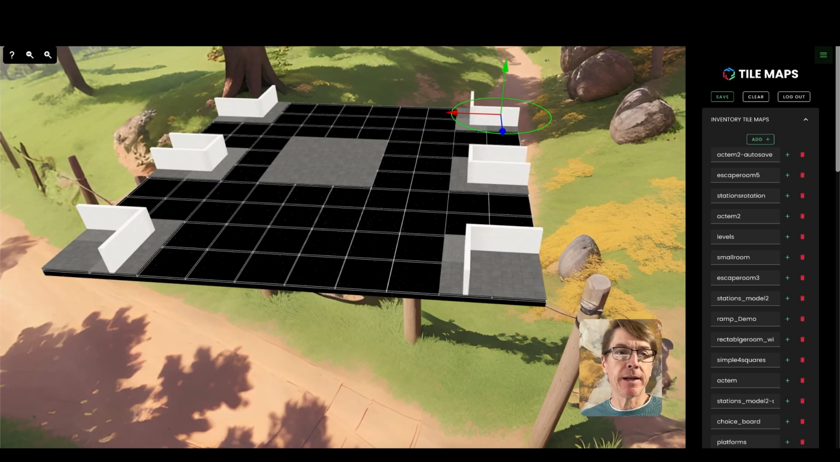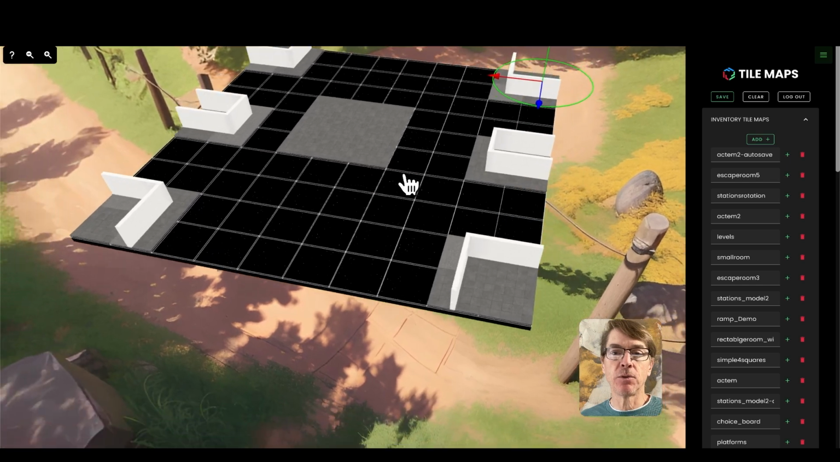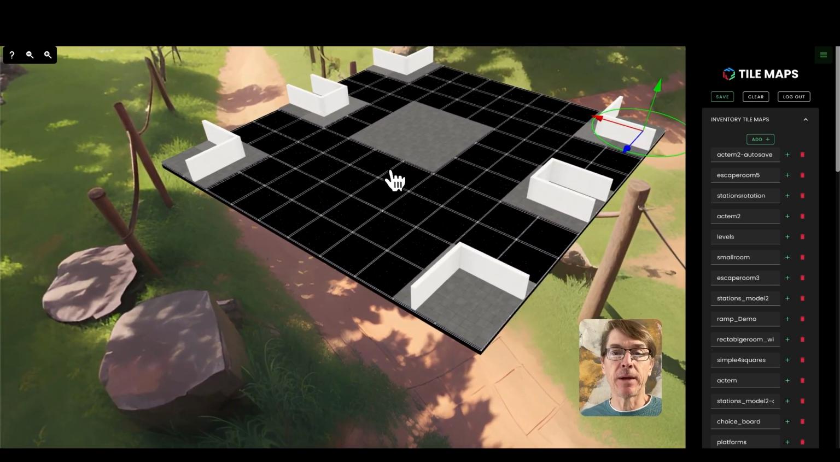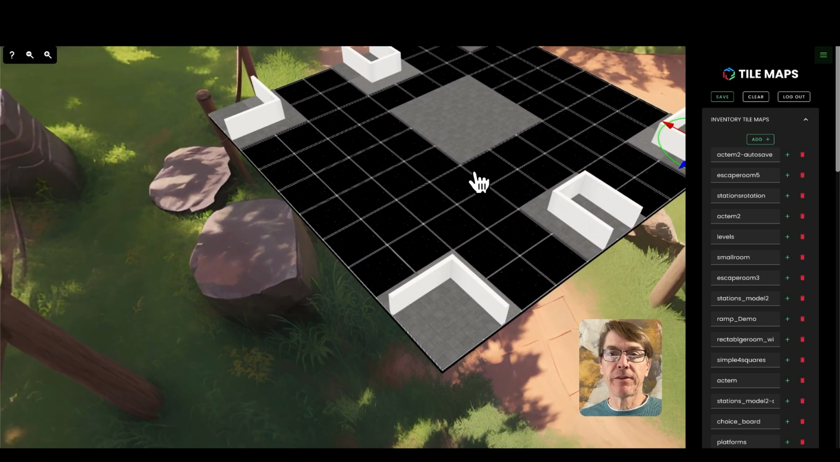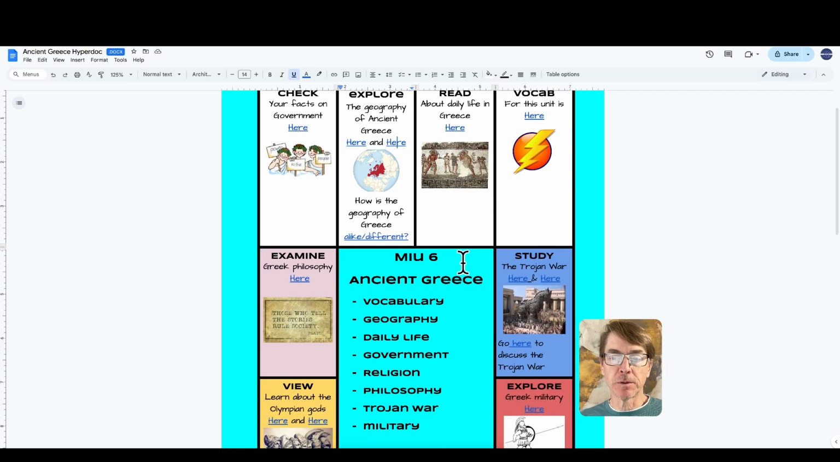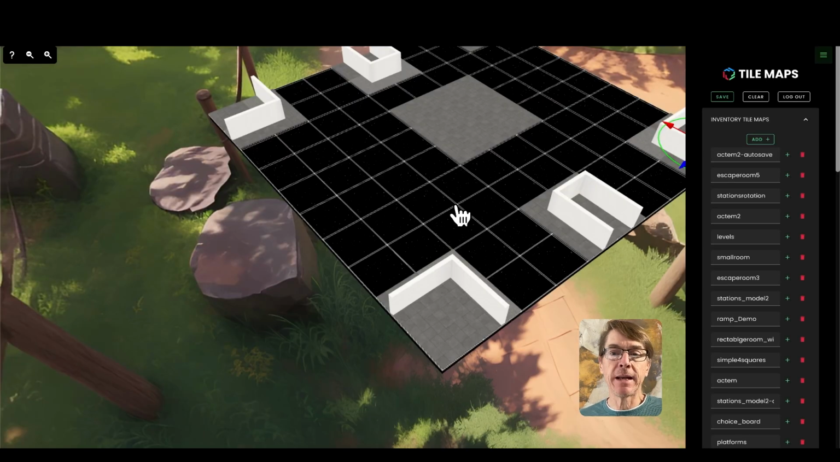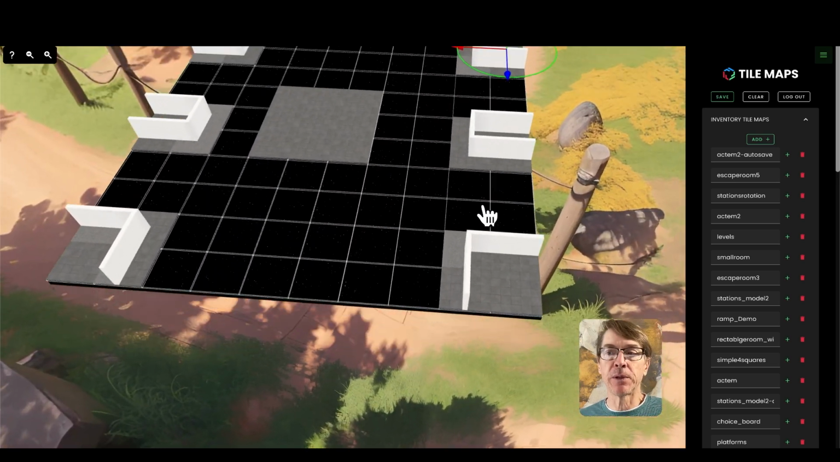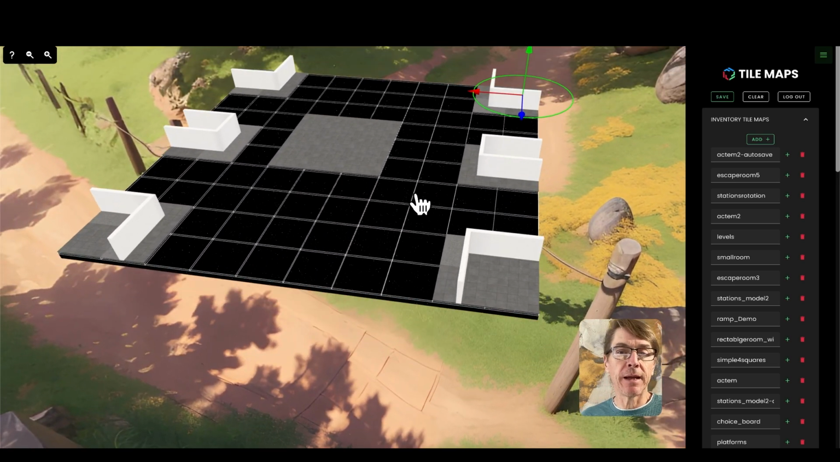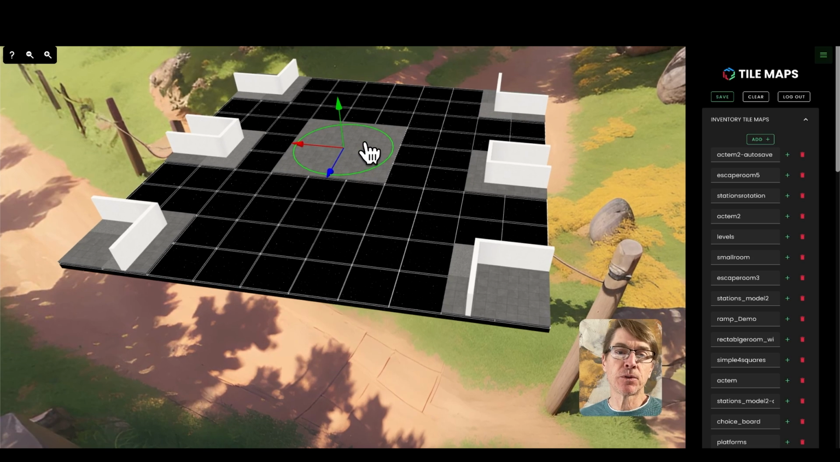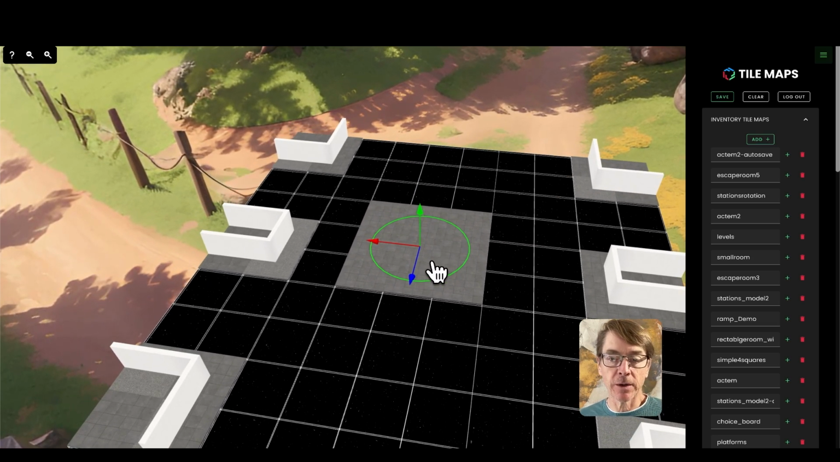First, you have to decide on what type of environment you are going to be creating. Now, a choice board has 6 or 7 different places where you are going to store your information. Each of them here has a title: check, explore, read, vocab, etc. So what I chose to do first is I went into the environment builder that FrameVR gives away to utilize for free, and I started building an environment that would allow you to have a central space where the user is going to start,